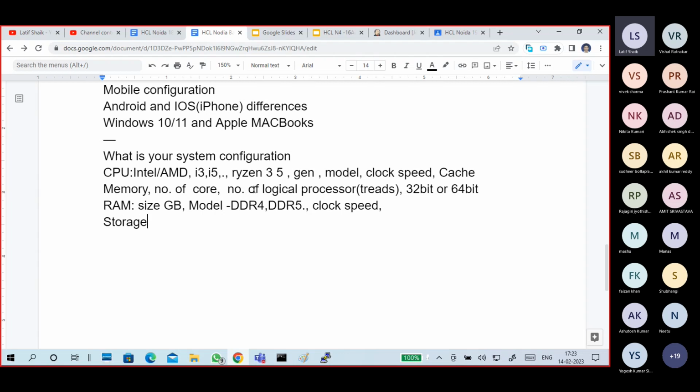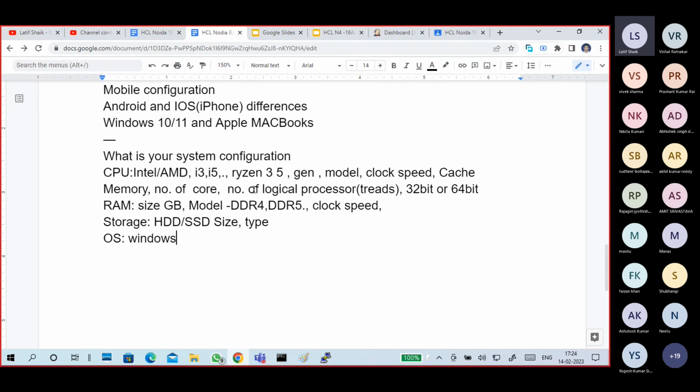Storage. Earlier I used the word hard disk, now I use the word storage because storage can be a hard disk or SSD. Also check the size of your hard disk, and the type is important. It's secondary memory. Next, operating system. What OS do you have?